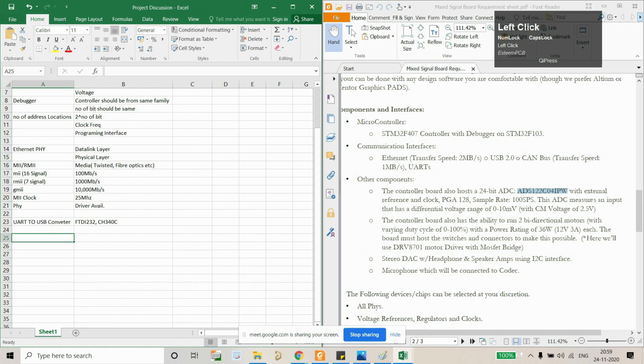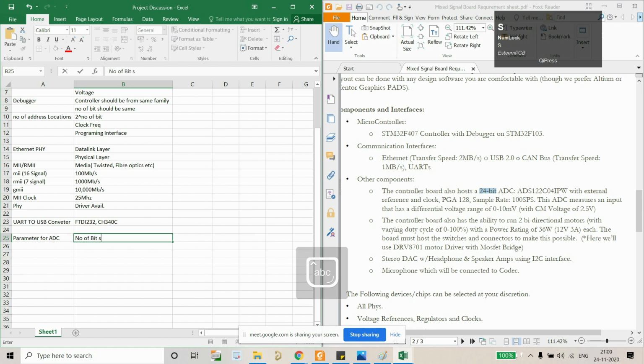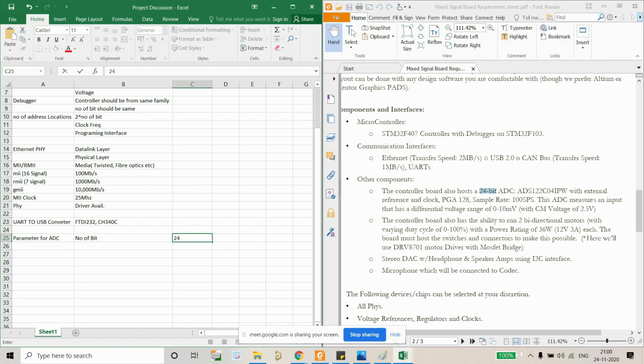But again, using that Excel that I have shown you, you can select the analog to digital converter. From this statement we know we need an ADC of 24 bit. That is one piece of information. Here we'll see the parameters for the ADC. The first thing is the number of bits should be 24. Now what